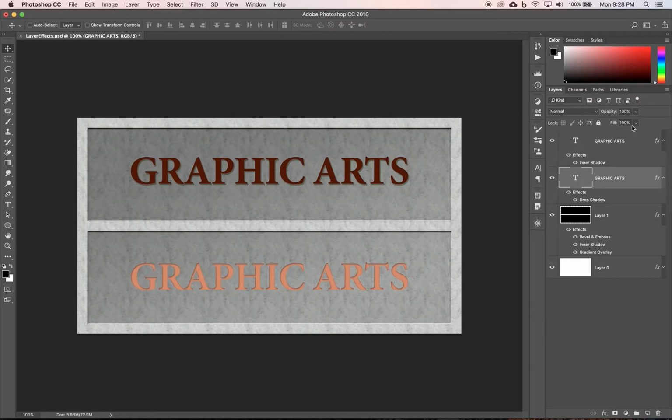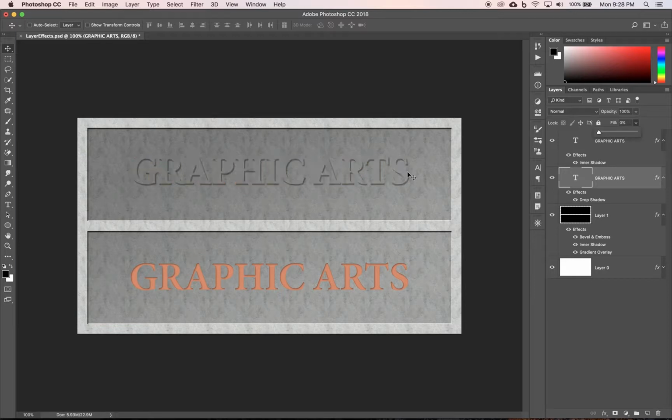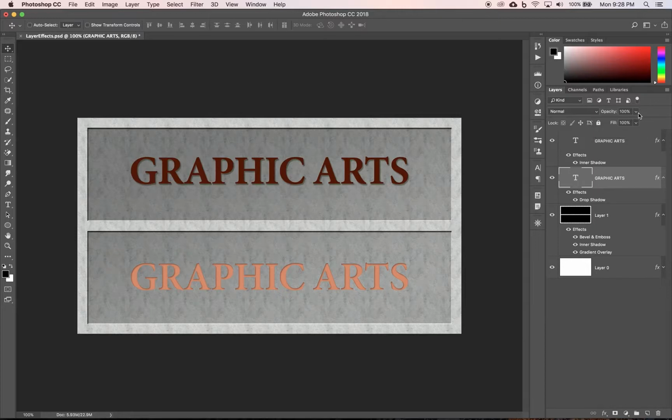I click on this layer, and I'm going to bring the fill down to 0. You will notice that the drop shadow is still there. It looks like it's outlining the text, but really all the text is invisible. That fill is down to 0. Only the drop shadow is showing. So that's an important difference. You might need to know that on a certification exam, for example, or just allowing you to be more